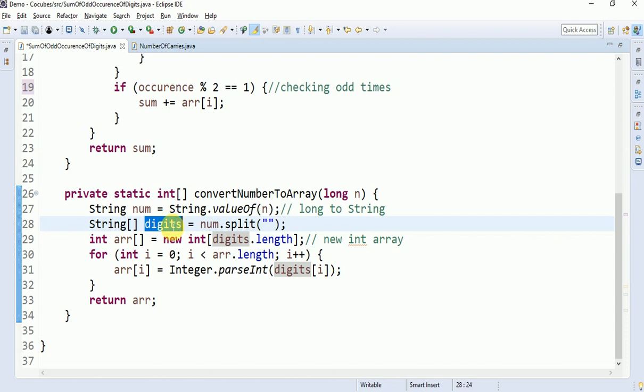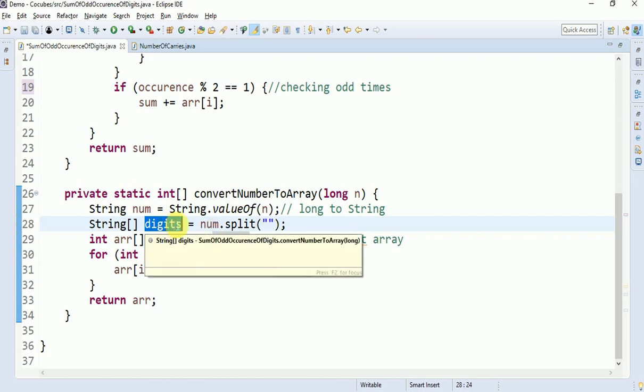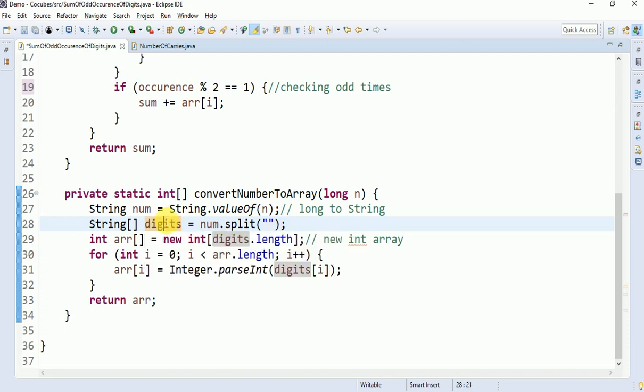So you get the digits, like 7 digits, because the number has a length of 7 digits, so the count would be 7. So how do you get it? It's not always 7, right? It's not fixed. Based on the input you give, it always changes. So I have taken variable dot length.